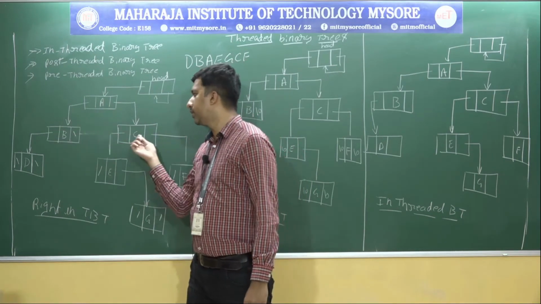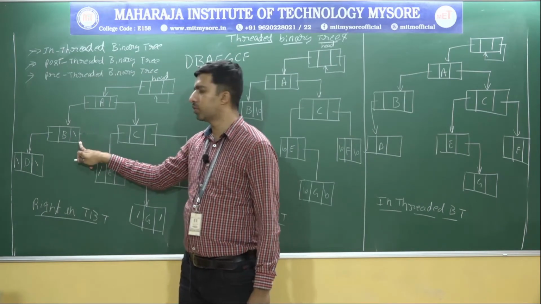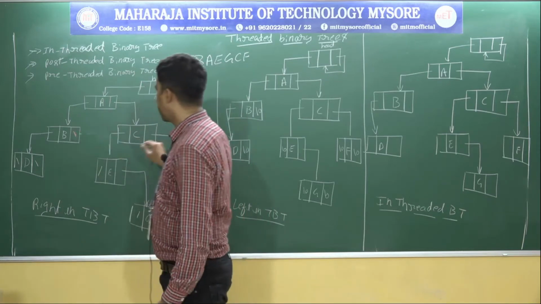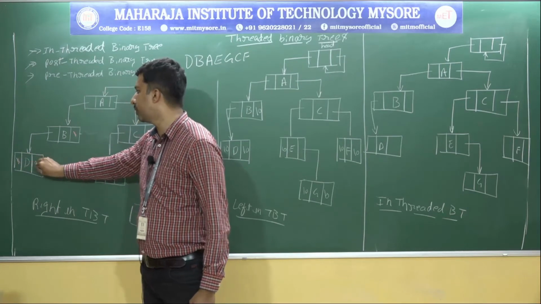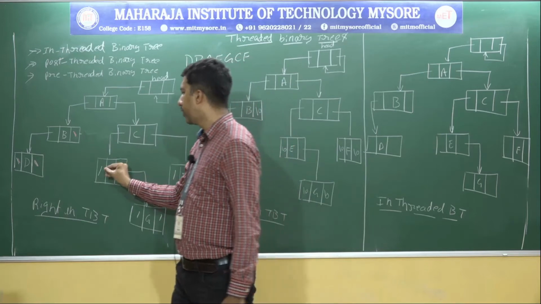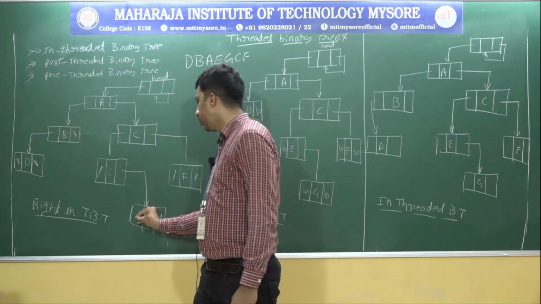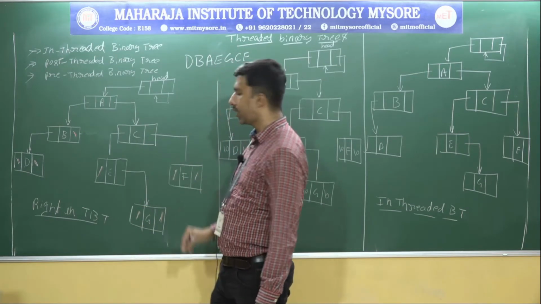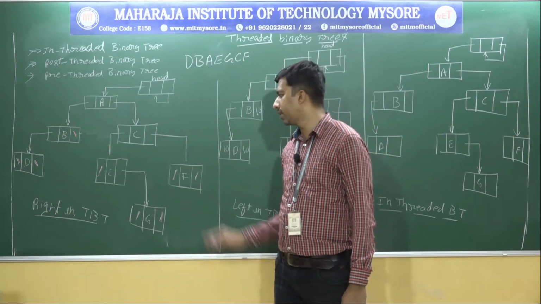It has 2 children, B and C. B does not have a right child, for that reason it stores null. Next, D does not have children, for that reason it stores null. Next, C has 2 children, E and F. E has only 1 child, that is G, a right child. Next, F does not have any children. C has the right child F.